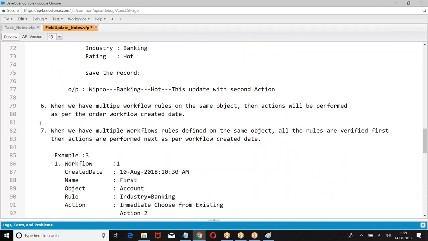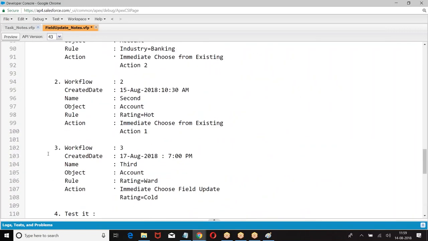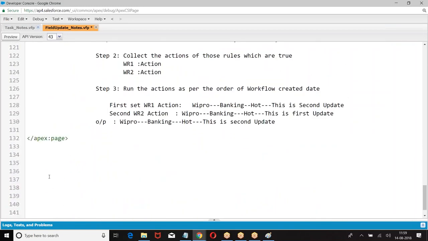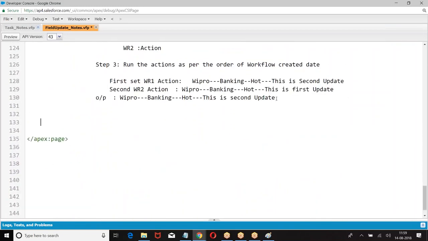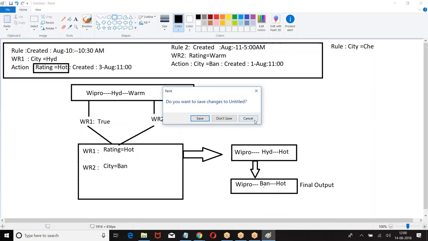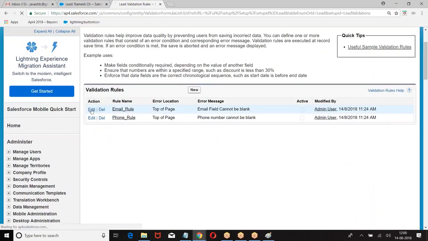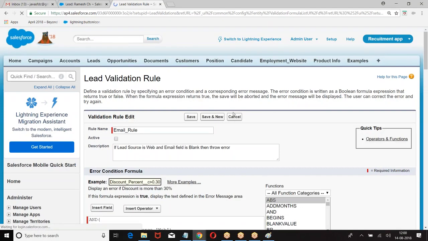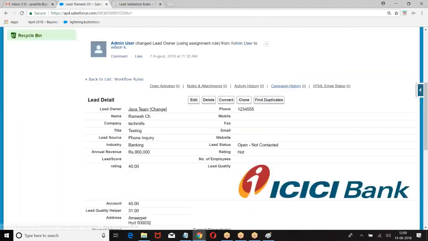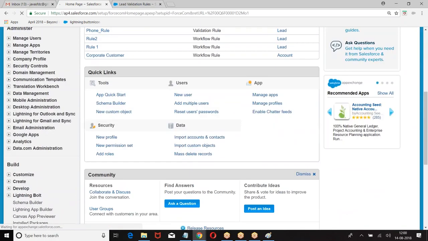Okay. Next important point. Listen very carefully, everyone. At the time of creating a workflow rule, there is one option. Workflow rule field update, there is one action.